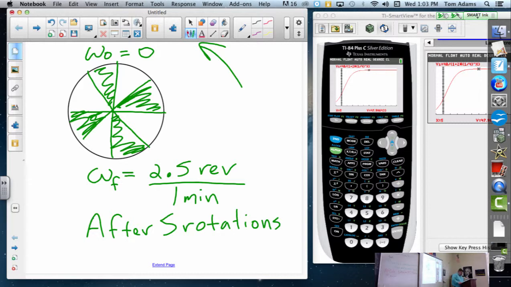Well, it says that it accelerated uniformly. What does uniformly mean? The same, or constant. So it's a constant acceleration, okay? So if it's a constant acceleration,